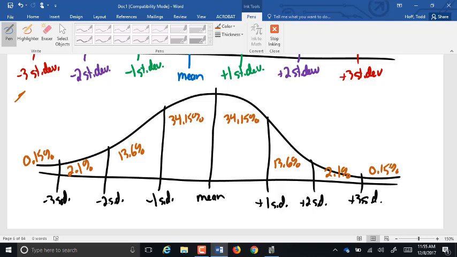Now, like I said, different textbooks round them differently. Some of them just put 34 here and 13.5 here just to make them simpler. Those are the ones I have memorized. That's why I had to look these up to see exactly which ones this book uses. Because this book uses a set of numbers. My business math book uses a slightly different rounded set. And my statistics book uses the actual rounded ones that I have memorized. So,